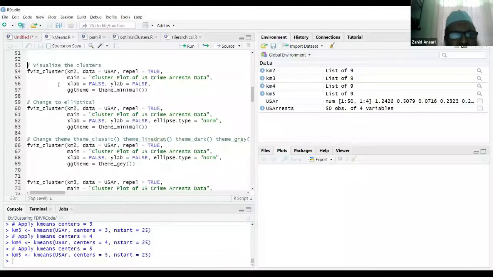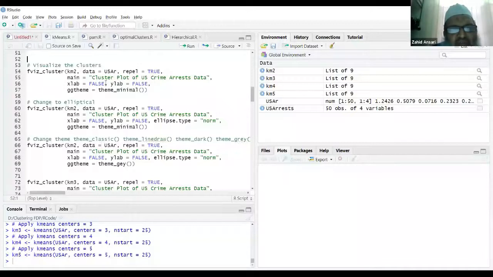In this function, we give the clustering output and the data. I am specifying repel equal to true, because if the states are too close in distance, then the names will overlap one over the other, so I just want to repel them.